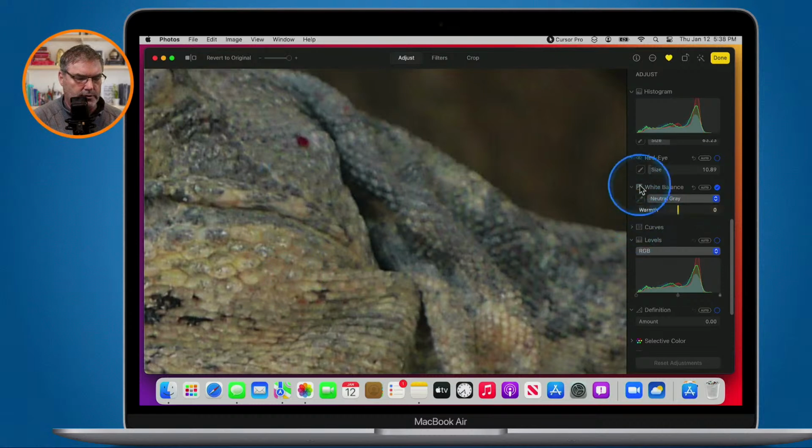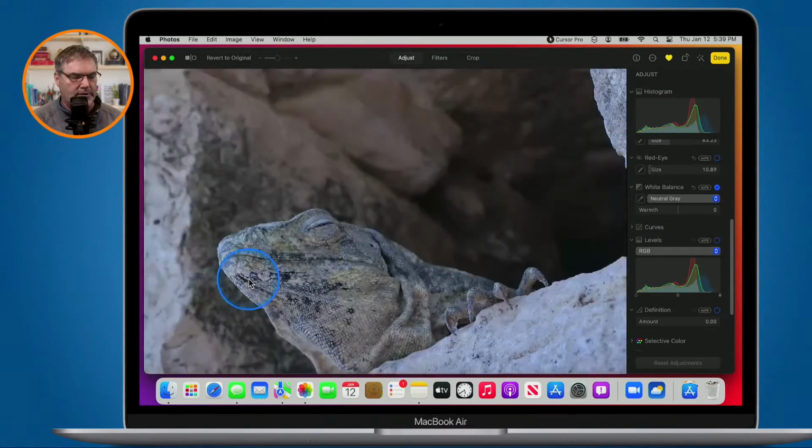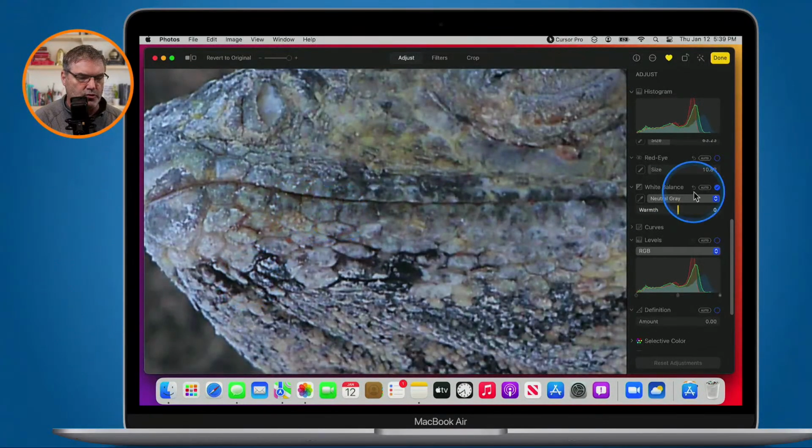I click over this yellow part of his skin. That's not gray, so watch what happens. It pulls if everything is not right. But if I go and click on something that is gray,